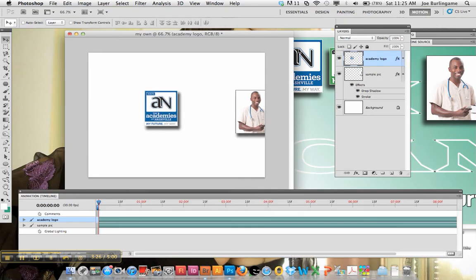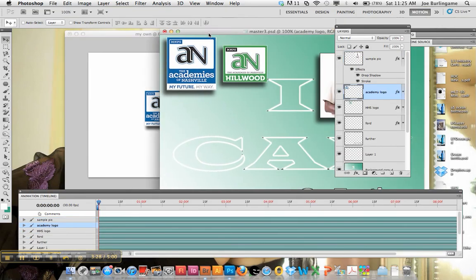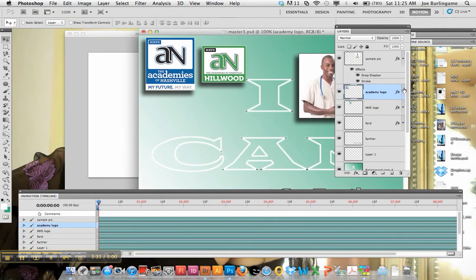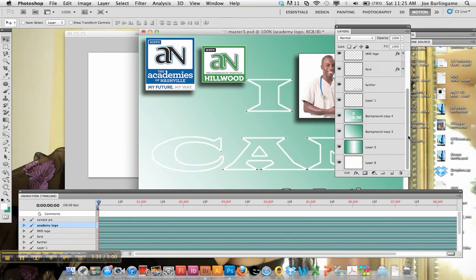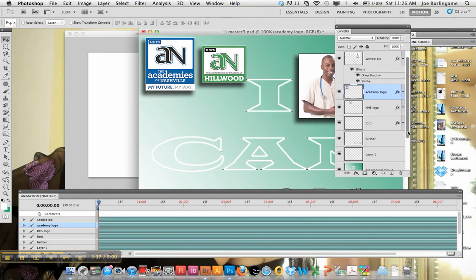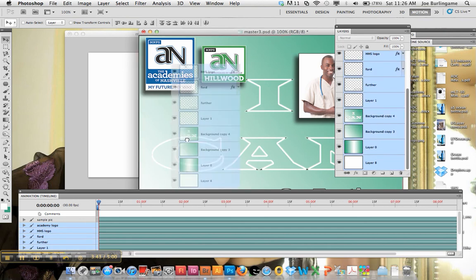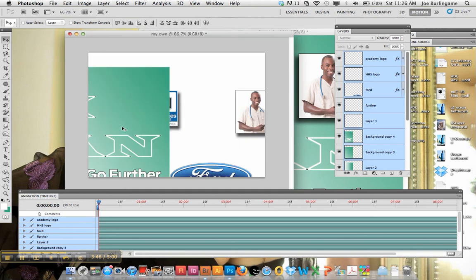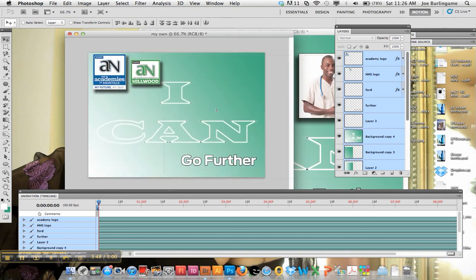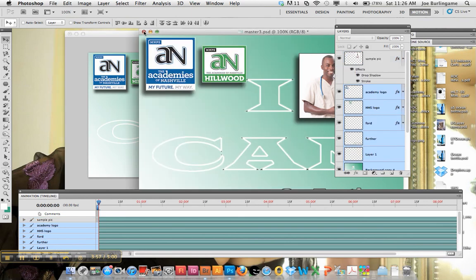Okay, you should have dragged them all over. I have not yet done so because I want to show you a little trick here. Some of you probably already know this or have figured it out, but in your layers panel you can click one layer and then hold down shift and click the last layer and drag all of those elements over at the same time to your new image. And they stay together, and when you move them they all move together, and you can line it up exactly on the screen. Now you're done with the master file. Go ahead and close it